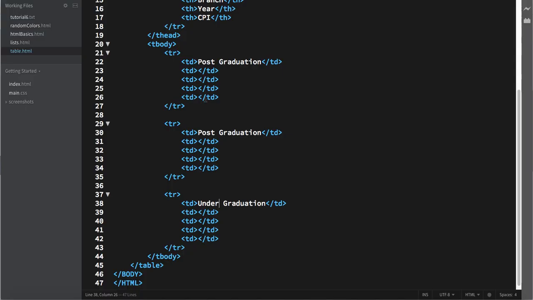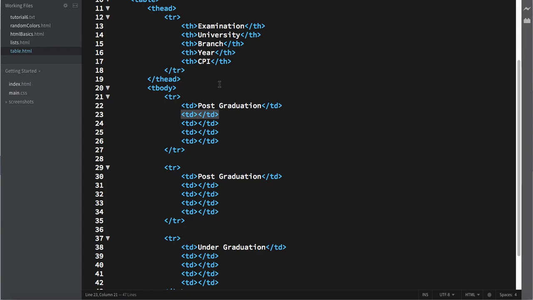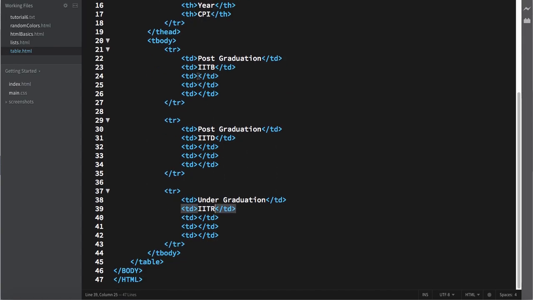So take branches from here, or second is university, so I would write IIT, IIT Delhi, IITR, and then write names of branches: CSE, IT, and maybe data science.